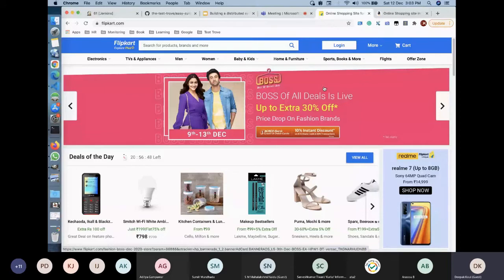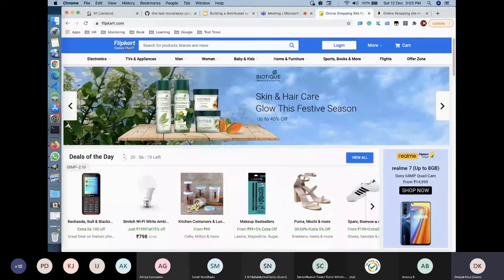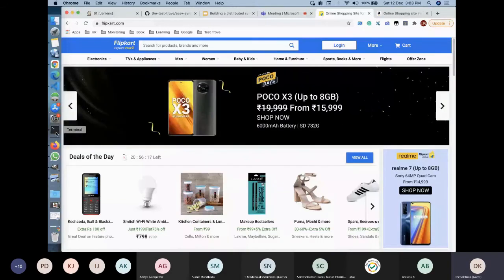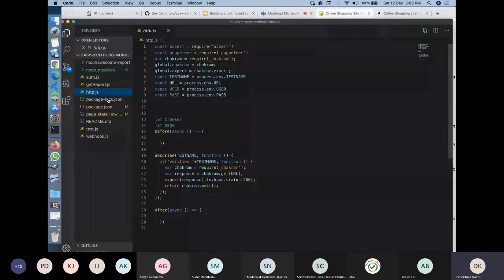I'm not trying to demean the e-commerce websites, but if you are a tester who is testing an enterprise application like a payroll for a particular company which is integrated with their SSO login or any other kind of authentication, then you probably have to think about authentication as well in building this distributed system. So what we did is we created a separate file called auth.js, right?